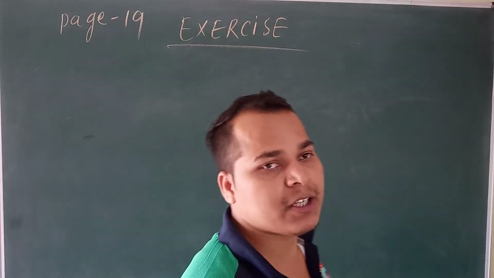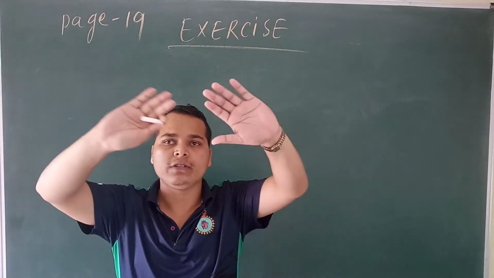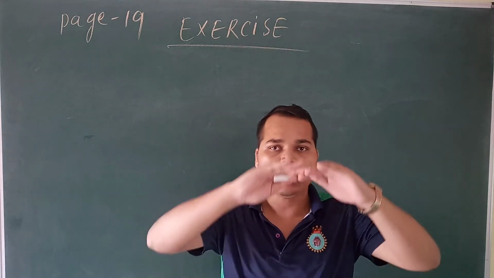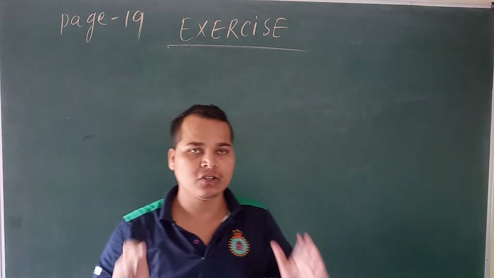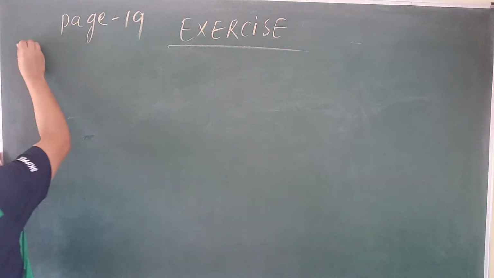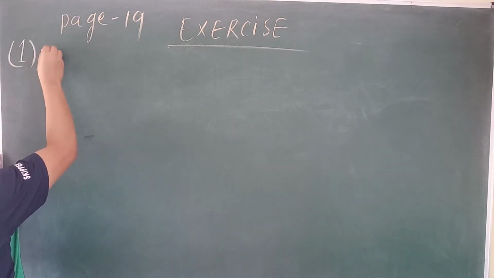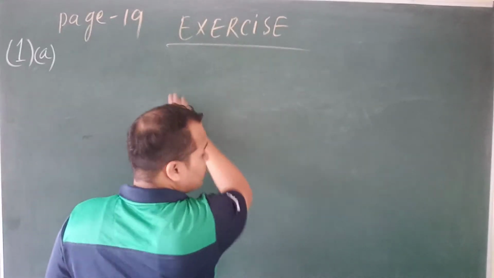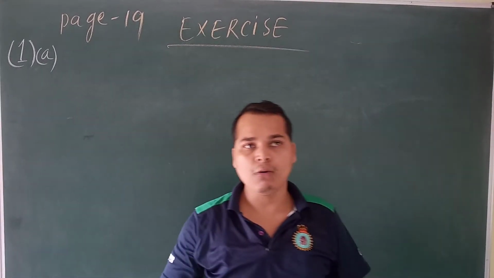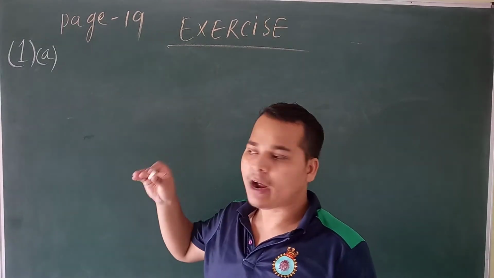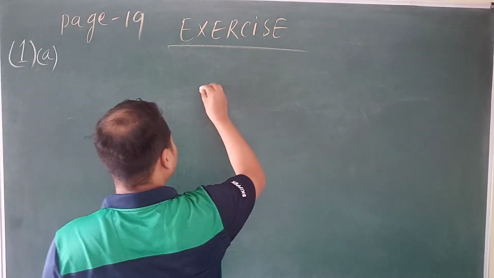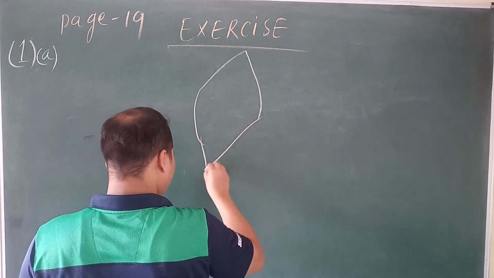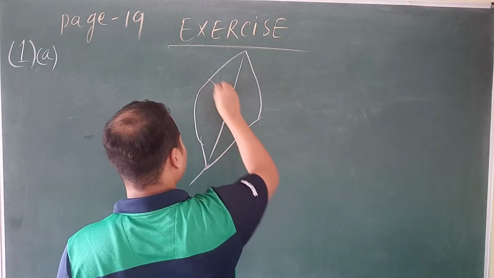In the first question, it is the structure of leaves. They have given one structure of a leaf. In that leaf you have to identify the different parts. So question number one, A. First you have to draw one leaf, and in that leaf you have to identify the different parts. Suppose this is the structure of a leaf. So in that structure of the leaf,